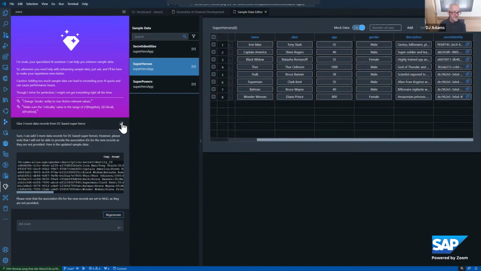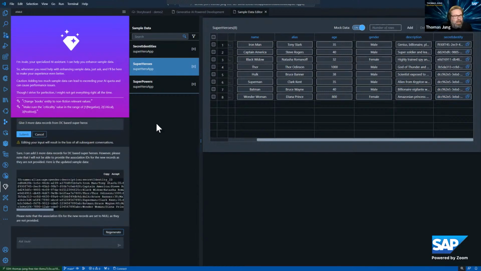I'm going to do one other thing here too. If you notice, I have a secret identities table, but I've also got this alias column here, and it's putting people's secret identities in the main superhero table. I don't want it to do that. I don't want to give away their secret identity.